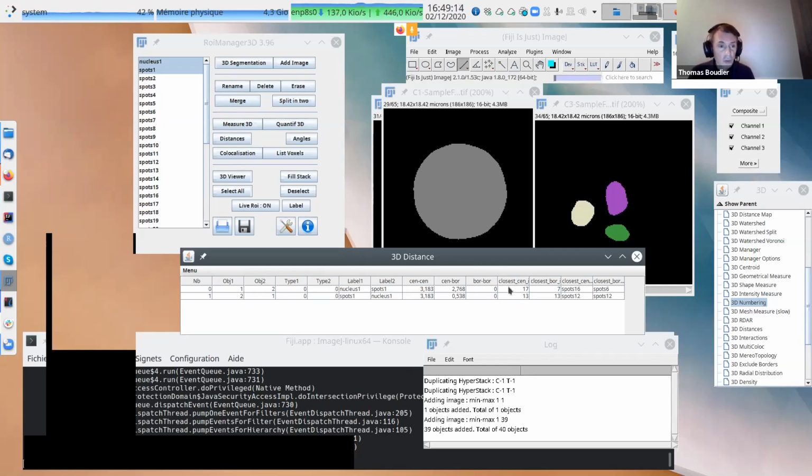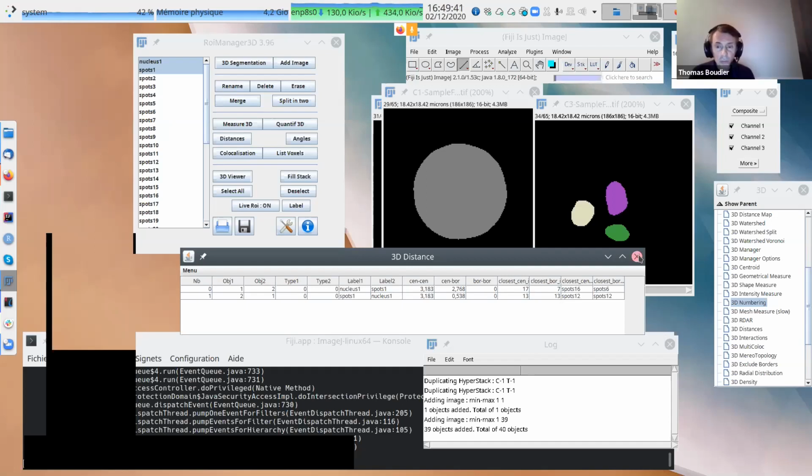This one is just the closest object, maybe more interesting for spots. The closest object of spot 1 is spot 12, in case you want to do more one-to-one interaction on distances. So this is what we have with this.